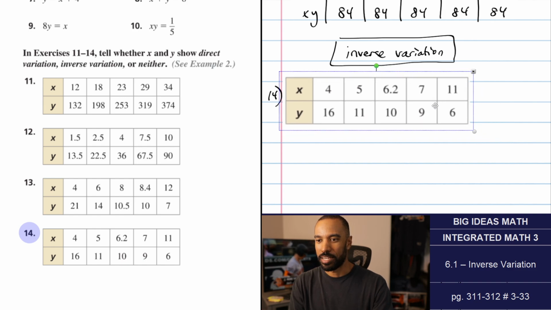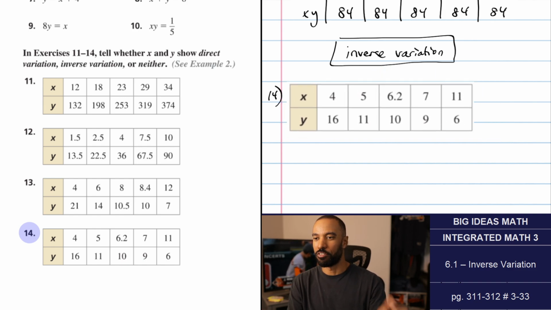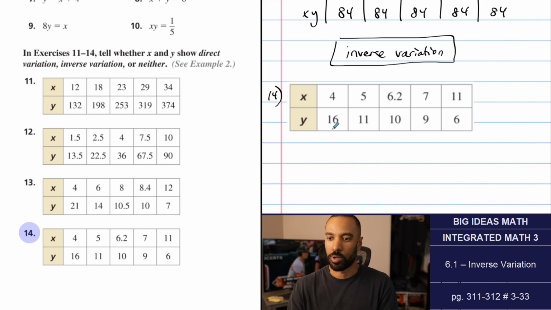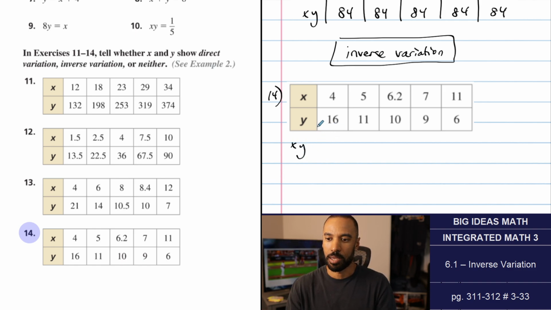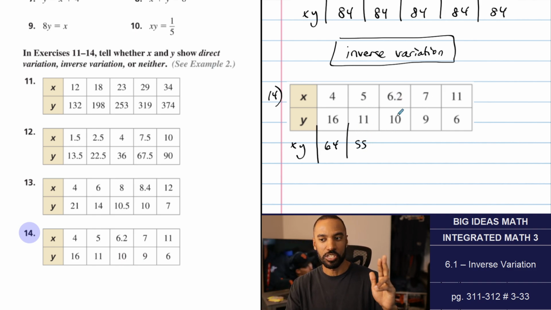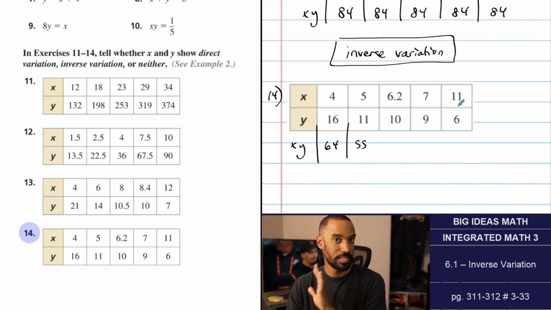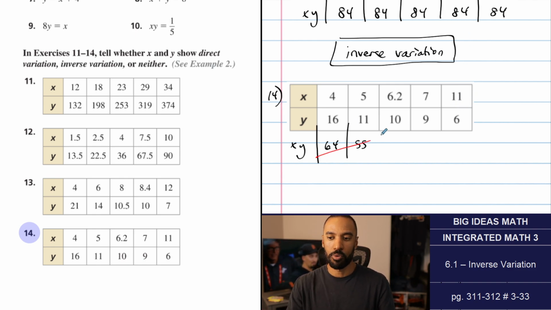As x increases, y decreases. Its only potential is inverse variation, not direct variation. So we're going to try and multiply them. We try x times y. 4 times 16 is 64, and 5 times 11 is 55. Already, despite the fact that this is 62, 63, and 66, whatever, the moment we see the break,